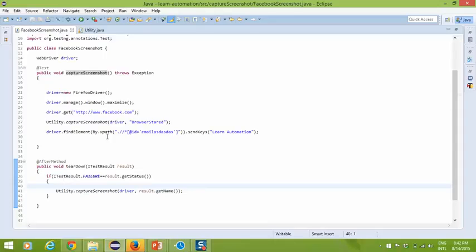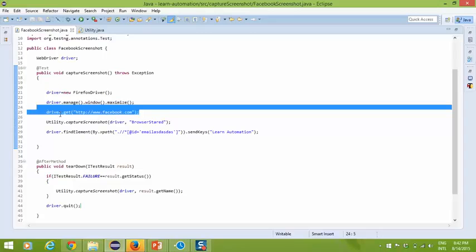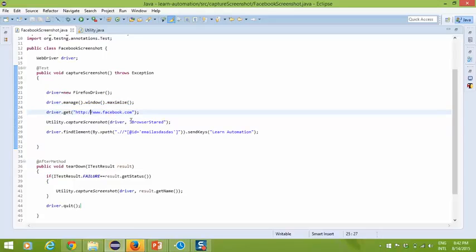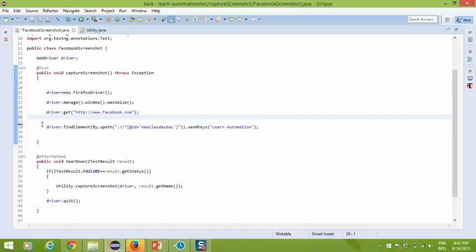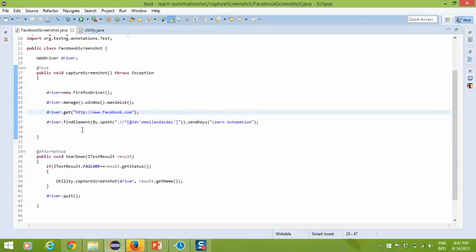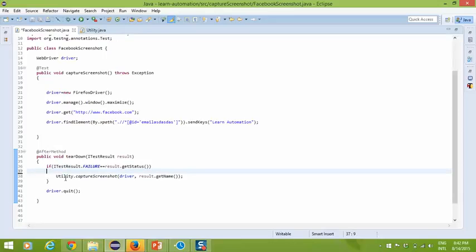That's all. And after this, I want to close the browser as well. So I will say driver.quit. So let me check once whether we are doing anything wrong. WebDriver is okay. We are creating object. We are maximizing, and opening the URL. See, right now I don't want to capture this because I want to capture screenshot only on failure. Now it will fail my test case. It will come here. I will capture screenshot and finally I will close.